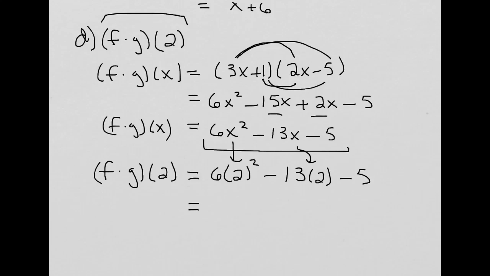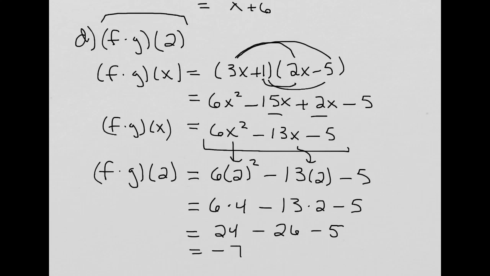So if we work this out, well, now it's an order of operations problem. So I want to do my squaring first, so 2 squared is 4, so I have 6 times 4, and then minus 13 times 2, and then minus 5. If we work this out, 6 times 4 is 24, 13 times 2 is 26, and then minus 5. And now if I subtract, 24 minus 26 is negative 2, minus another 5 gives me negative 7 for an